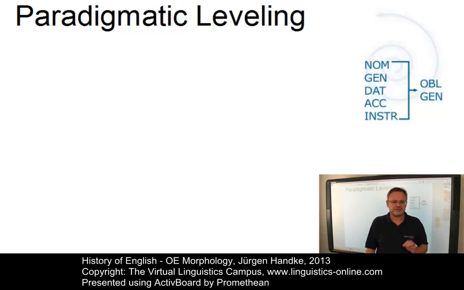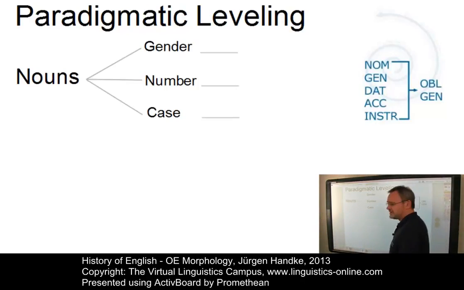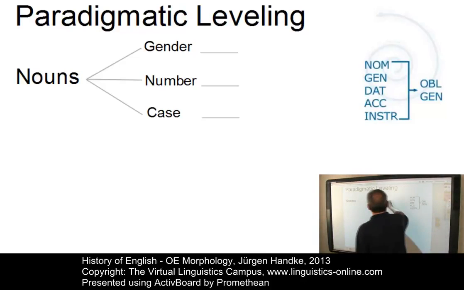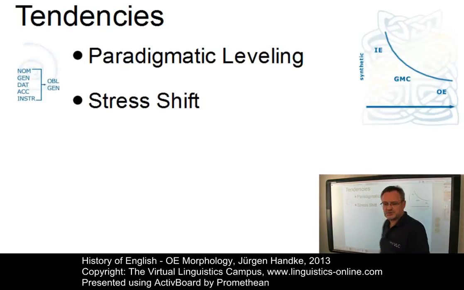The standard inflectional categories associated with nouns are gender, number and case. The Old English system already exhibited a number of inherent tendencies that would contribute to its weakening. The most well-known of these are the minimization of paradigms through paradigmatic leveling and the shifting of the primary stress to root syllables. As a result,